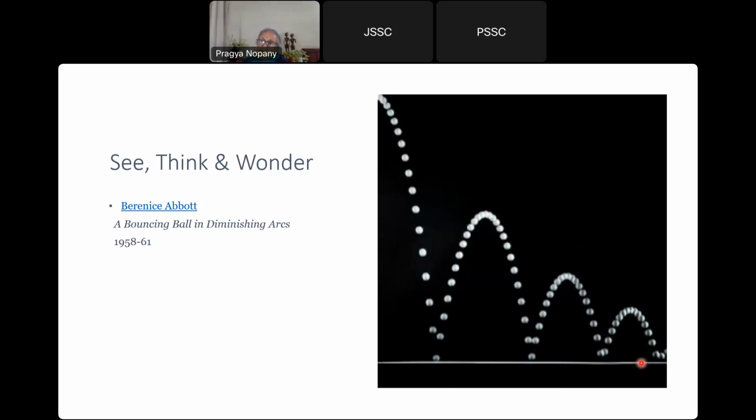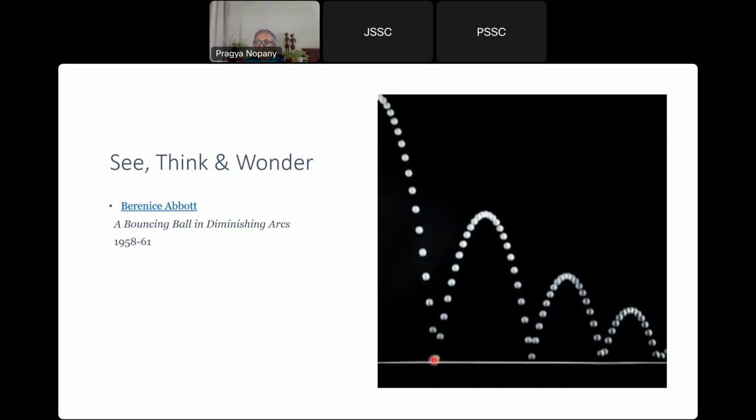But then another question comes to my mind, that why the distance between these balls is more initially, and then as it goes up, the distance between the balls is shown to decrease. Now the question that is coming to my mind is, why is this decreasing? Now, what is the answer to this? Can anybody tell me why the distance between the different positions of the ball is decreasing? So, this is the thing to analyze. This is the thing to discuss.